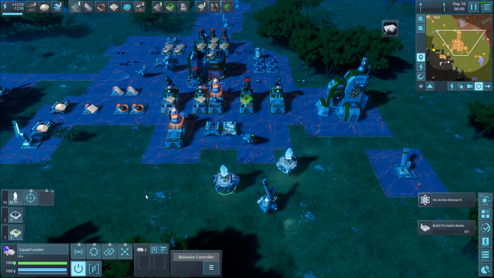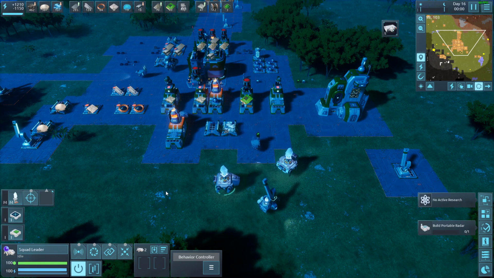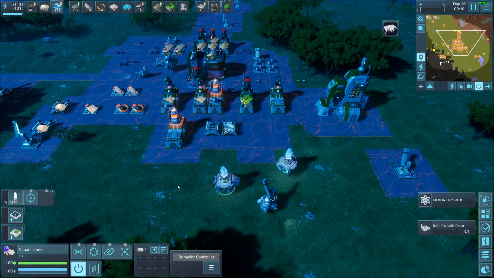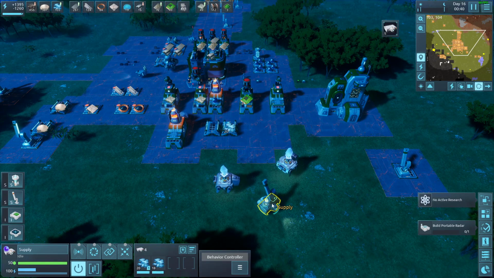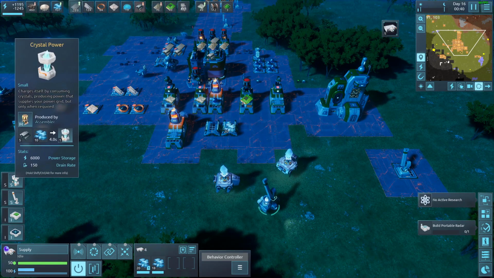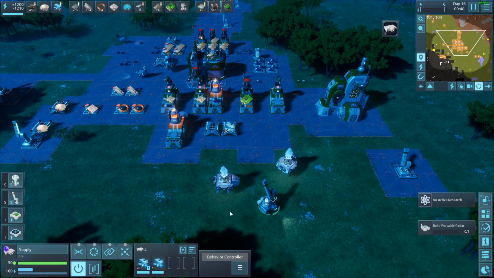Go 64 here. So today I want to experiment with how we can set up a little combat squad and give it an automated behavior to patrol around a beacon. So I have a little squad here consisting of a squad leader, which has a behavior controller, and a repair unit, a soldier that just has the repair unit, and then a supply unit which has a crystal power, and